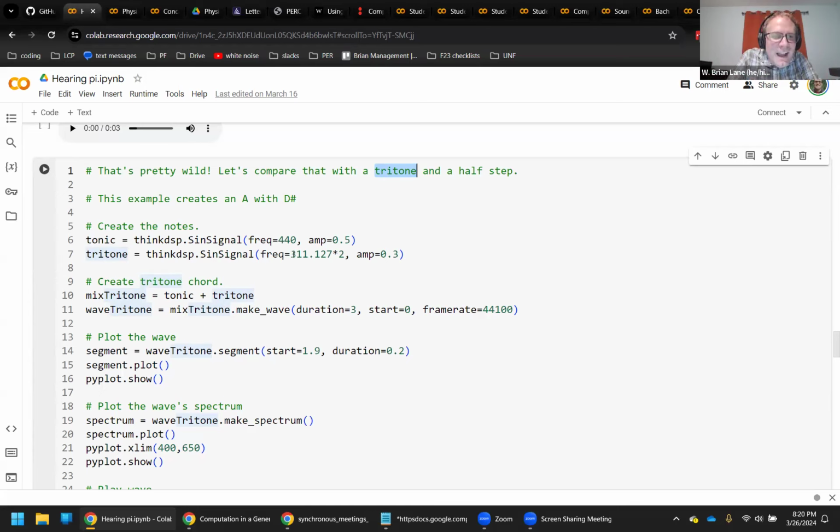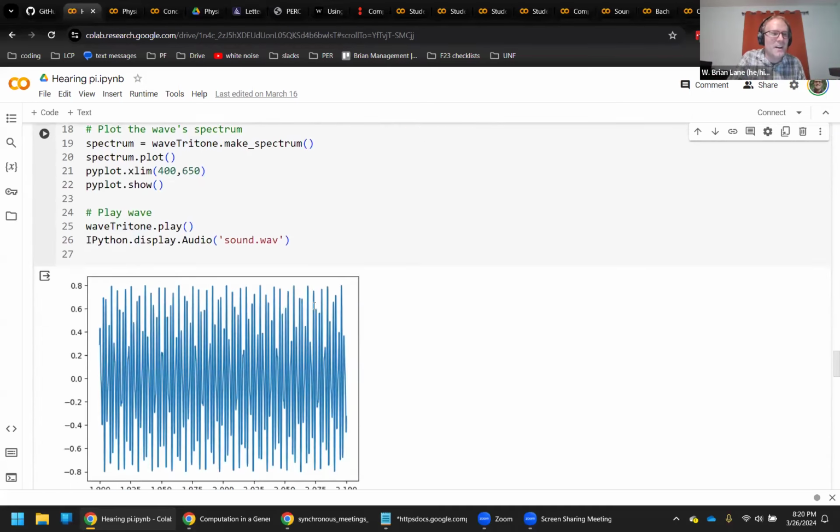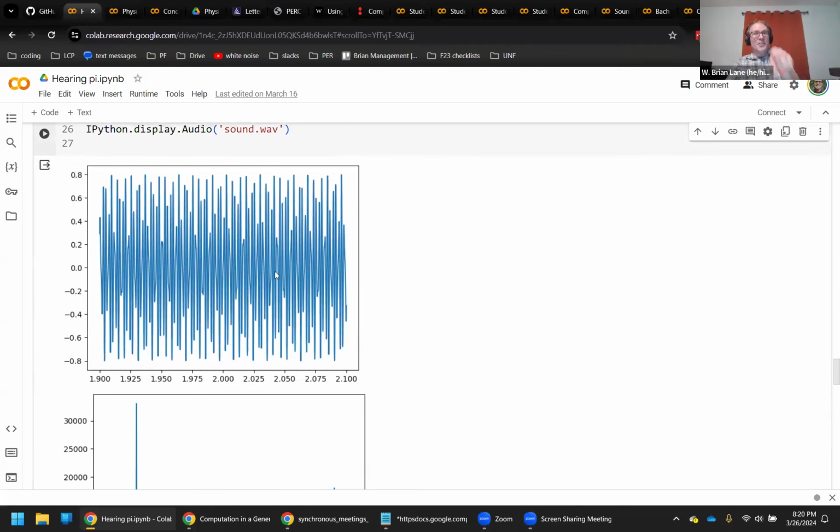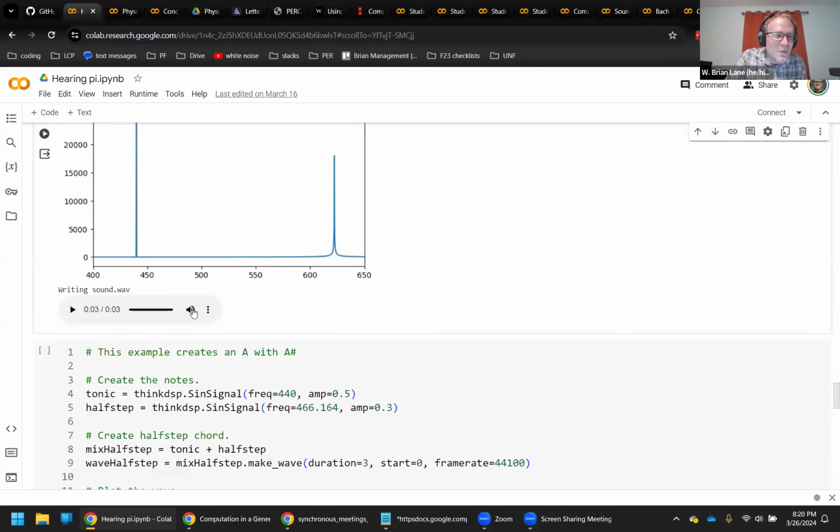So if you make this one a 440, it's going to get this frequency. I just had to look it up to find out what the D sharp would be on top of there. And you can even see on the graph, it looks terrible. Like that's a terrible looking wave. Let's hear what this tritone sounds like. So that's the most dissonant interval that humans can hear.